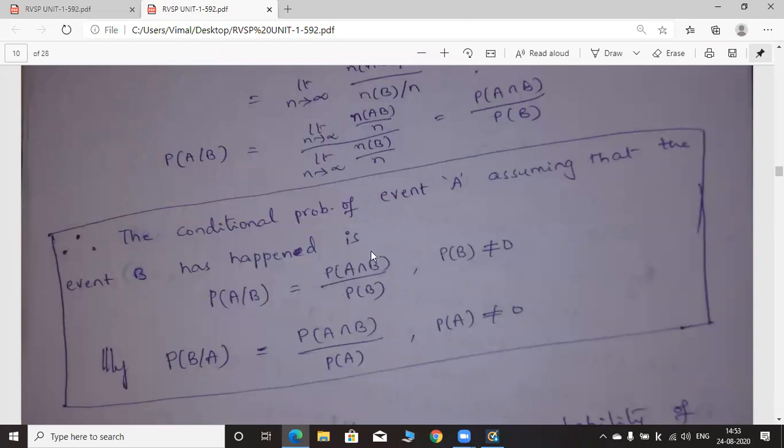Okay, this formula is correct if and only if the probability of B value is not equal to 0, isn't it? If probability of B is equal to 0, what will happen? The denominator becomes 0. If the denominator becomes 0, automatically the probability value becomes